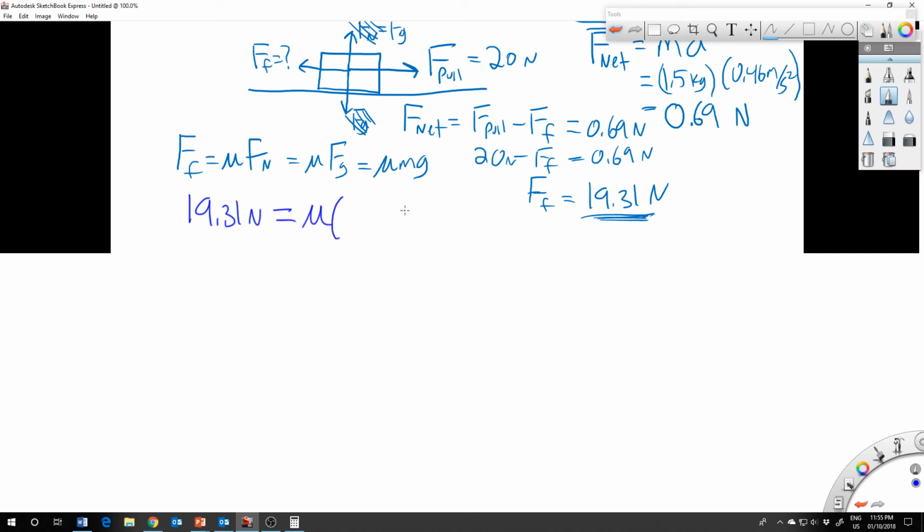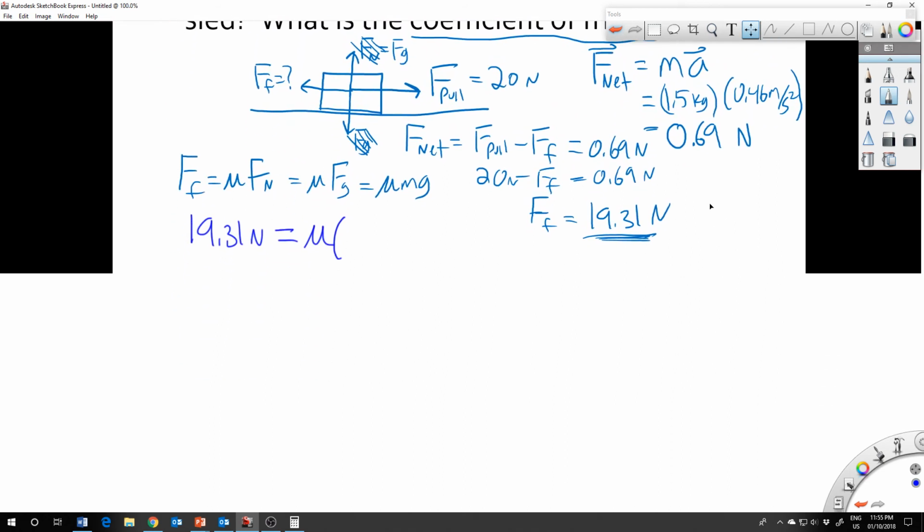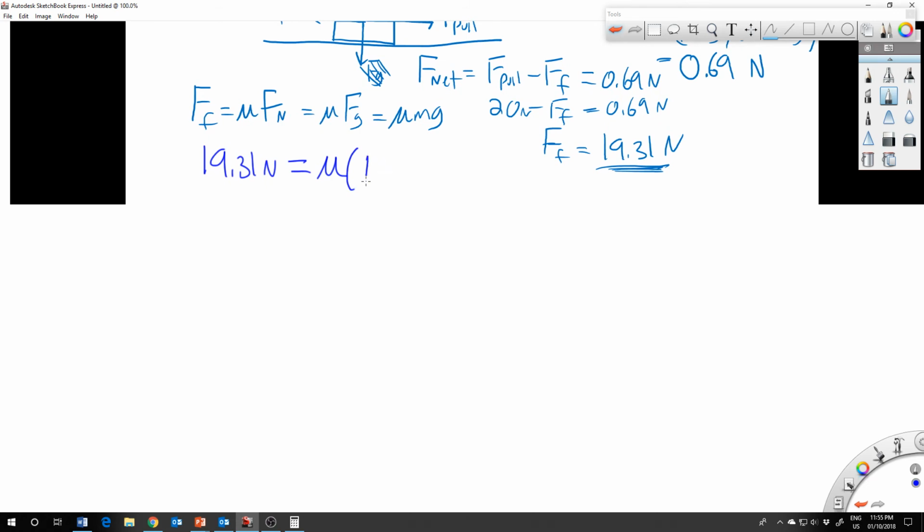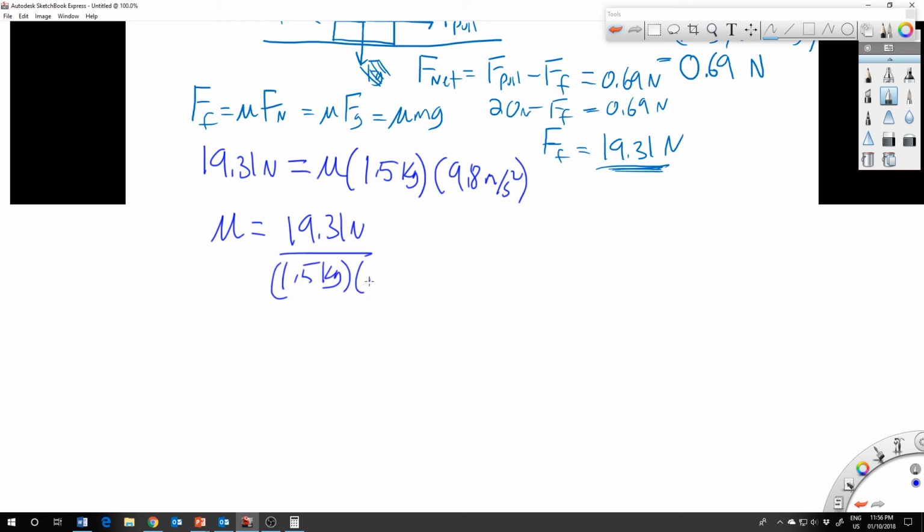The mass of the sled is 1.5 kilograms, and g is 9.8 meters per second squared. So then mu, after some algebra, ends up being 19.31 newtons divided by 1.5 kilograms divided by 9.8 meters per second squared, which gives me,